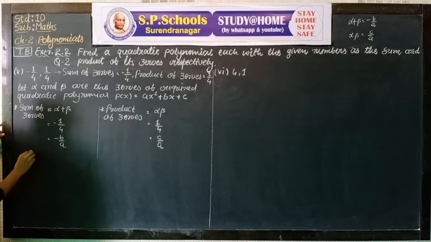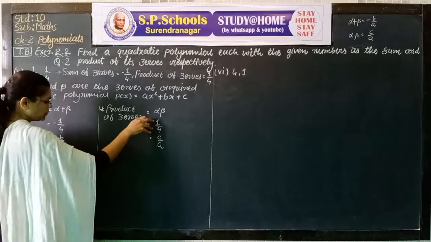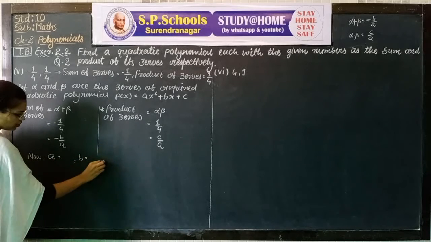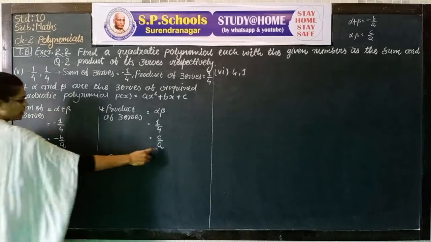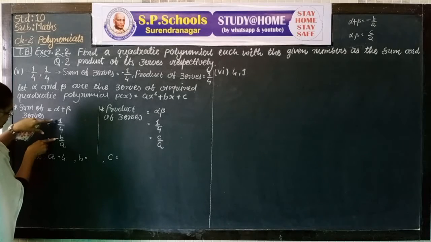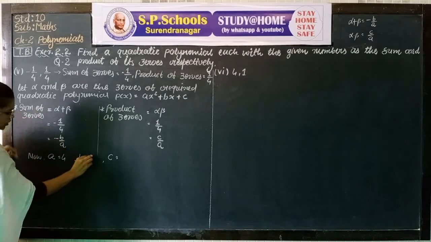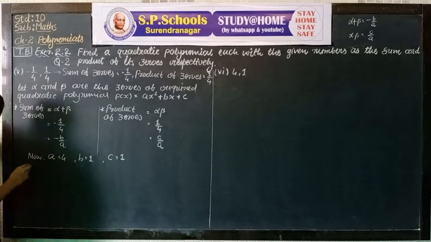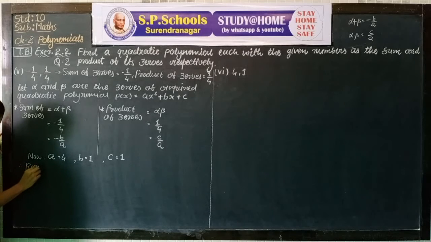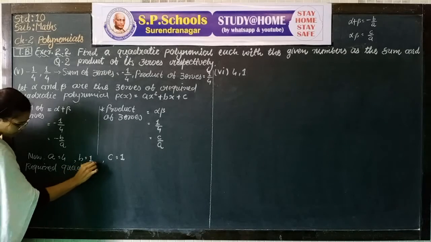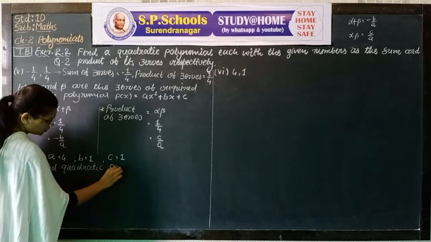Now we compare minus b upon a with the bottom and c upon a with the bottom, and we get the values of a, b and c. The denominators are equal, 4, 4, so a is equal to 4. b has minus with minus, then b is equal to 1. The numerator contains c, then c is equal to 1. Therefore, the required quadratic polynomial